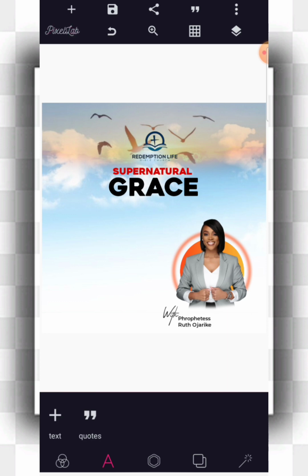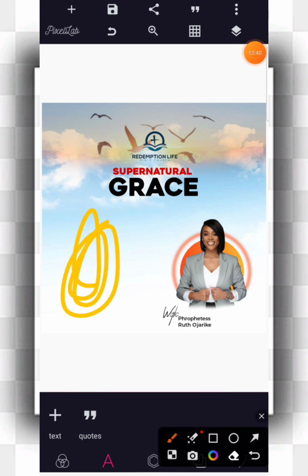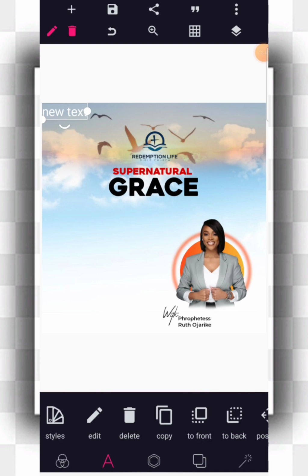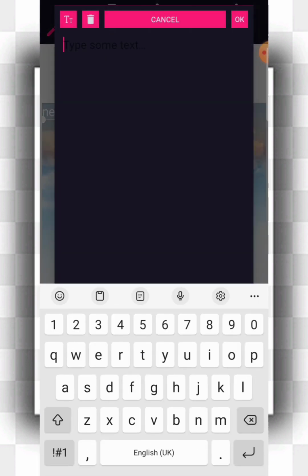Now we're going to bring in some other write-ups that can fill this other portion of our design. As you can see, it's so blank, not good enough. So let's bring in other write-ups. So what we're going to do now is to go to new text and write this quotation from 2nd Chronicles